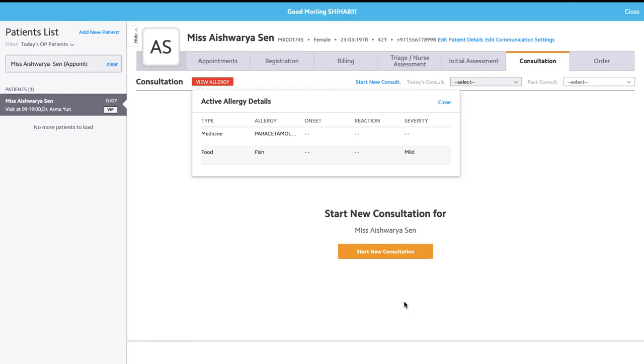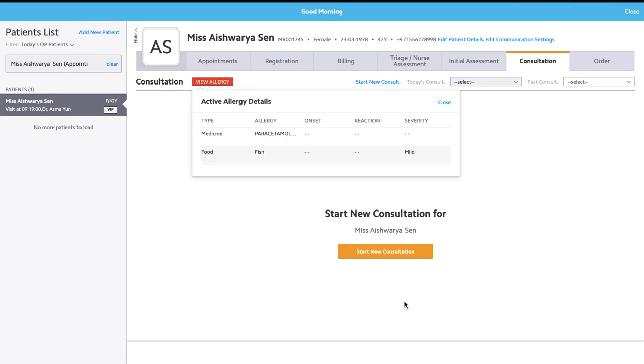Of the consultation screen, which normally is used by the doctors. So normally when a doctor logs in, this is how they would see. They would see the list of patients on the left side, and on the right side is the area where they will be working or adding more details about the patient. Currently, the tab highlighted is consultation. That's the specific screen where the doctors would be updating the details and also reviewing the history